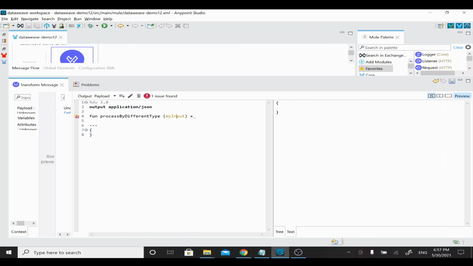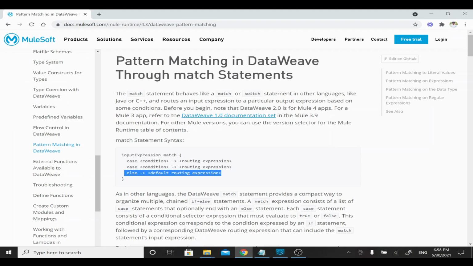This input is whatever value gets passed to the function. Whenever I receive my input from whoever is calling this program, I'm going to take that value and match it, because in this example we are going to write a match. I'll close the curly braces. So this is a match. Now in the match statement, if you go to the documentation, we need to use a case.